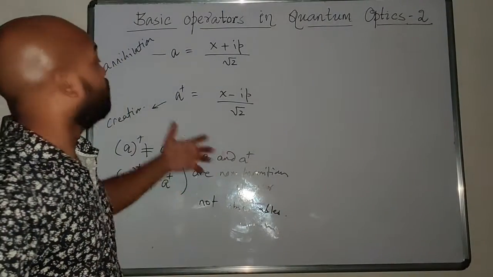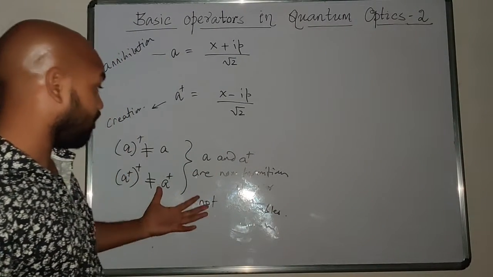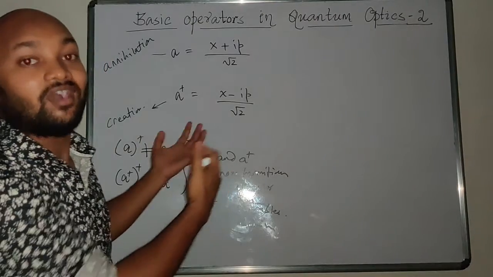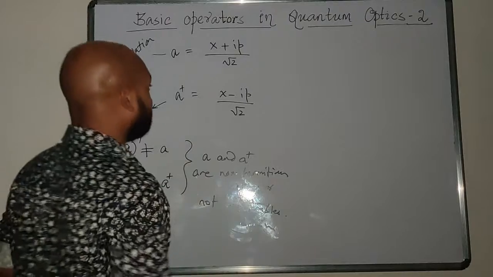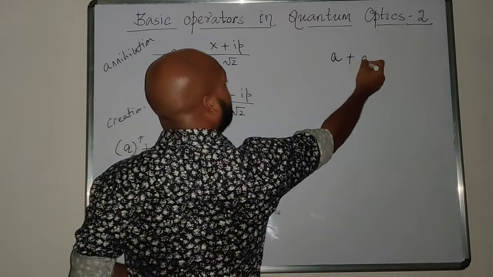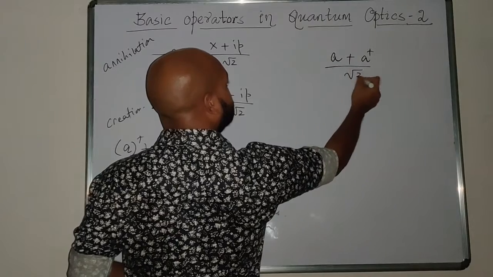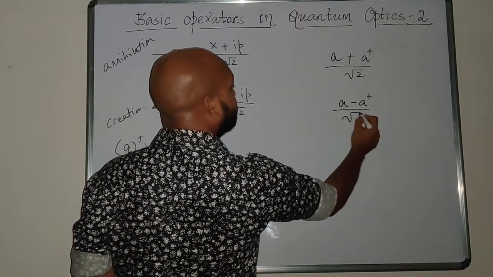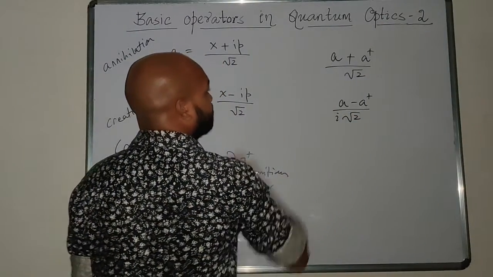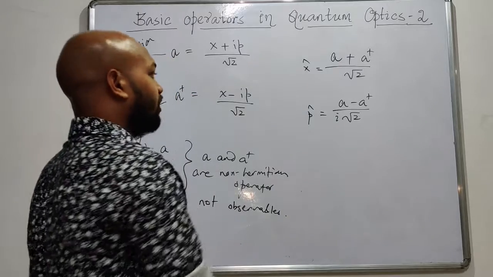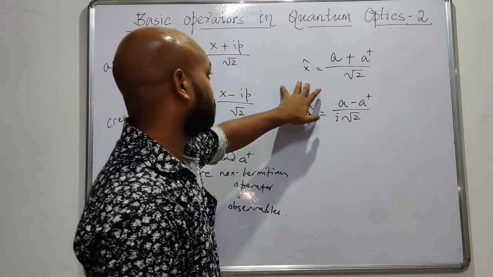But then you could use this pair of non-Hermitian operators to get Hermitian operators. Quite straightforward from here. I use this combination: (A plus A dagger) by root 2 and (A minus A dagger) by root 2. I say this is my x and this is my p. Alright. Now you could see there would be